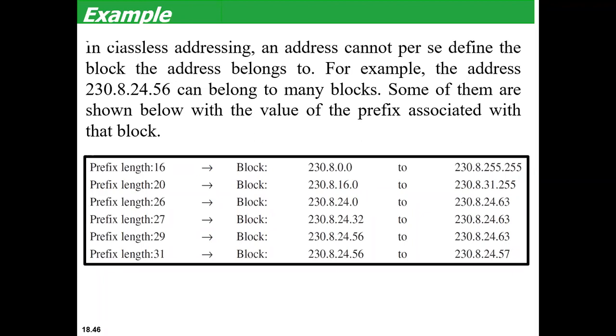What is this address mask? It is nothing but a 32-bit number in which the leftmost bits are set to ones and the rest of the bits are set to zeros. Is this concept clear? It's very simple. The first n bits are replaced with ones and the remaining bits with zeros.